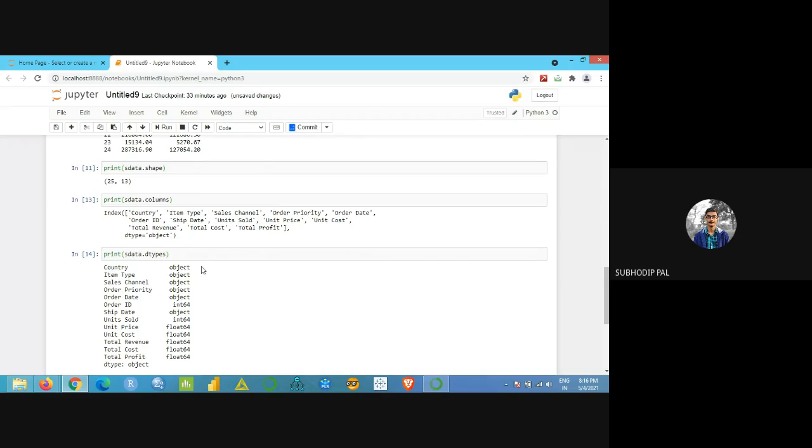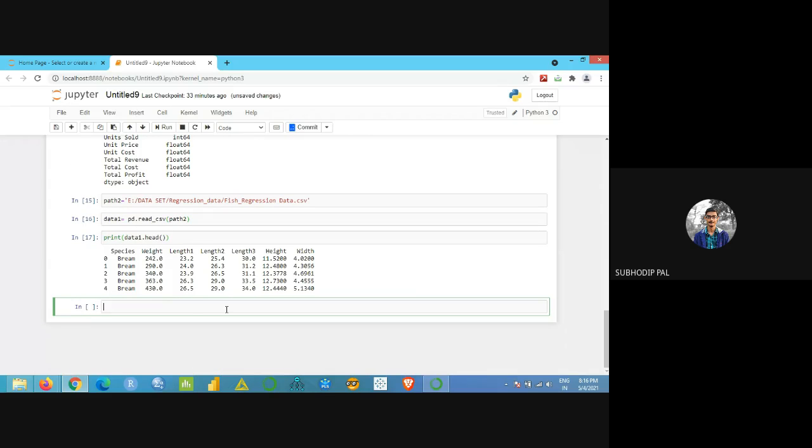Anything you can compare with RStudio, or R programming. Suppose I want to check here how this weight has been varying with respect to the height or width. So my command will be the data file name, data one. Plot is the command, data file name dot plot.